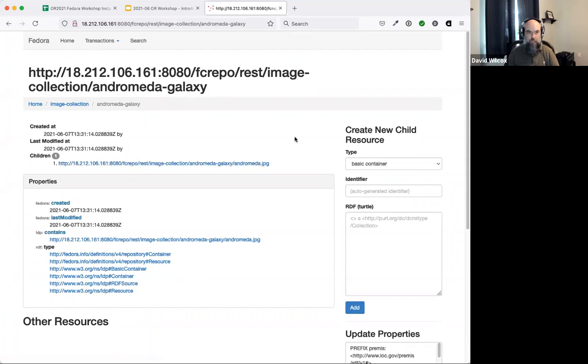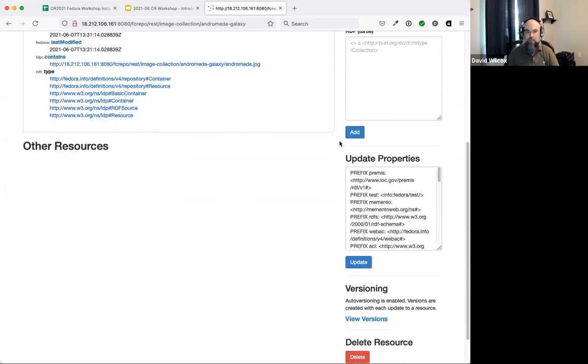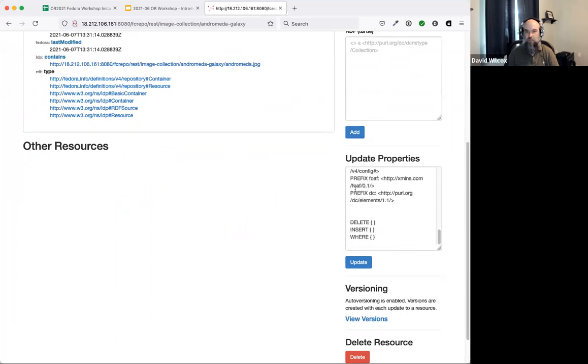But here on the Andromeda Galaxy container, I'm just going to go down to update properties. This is all sort of RDF ontologies, and this is just kind of a template. These are all preloaded in case you want to use any of these, and Dublin Core is sort of at the bottom here. If this information wasn't here, I'd have to provide it in order for this to work. And this is all, again, just sort of a template down here. So where it says insert, you can actually just copy paste this from the slides if you prefer. Or you can kind of